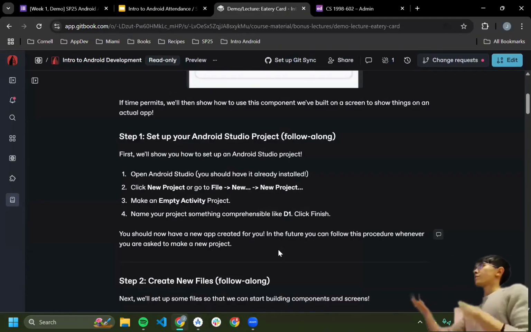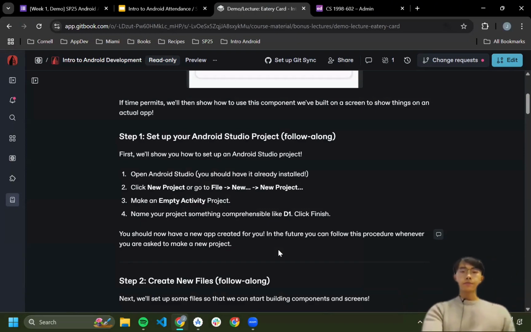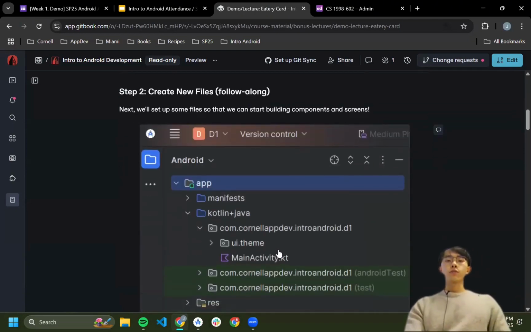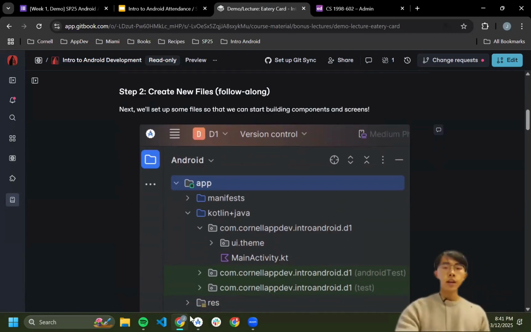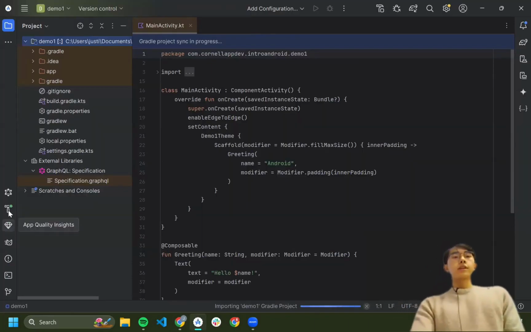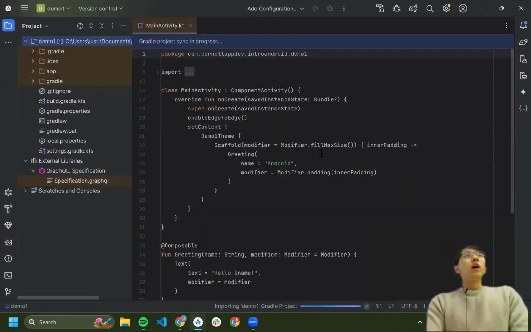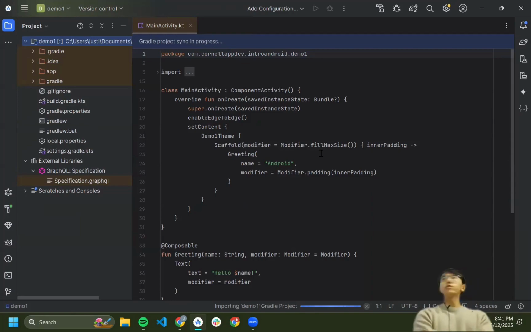So that was step one done, basically making a new project. And now for step two, we will go through the file system and how to create new files within your Android project. Hopefully Gradle's done building, not quite. It will take a little while for these sorts of things. Any problems that people have had up until this point?